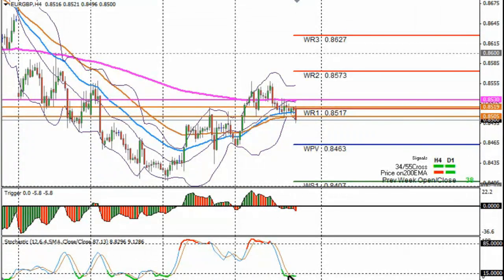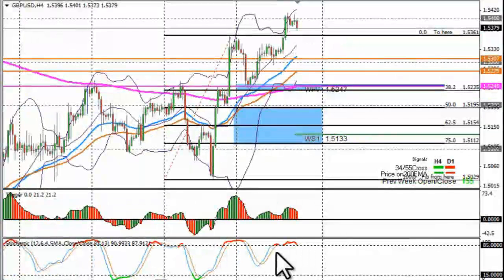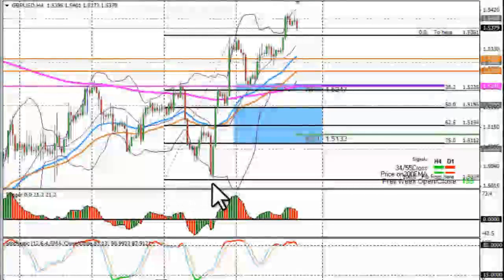However, stochastic is in an oversold area, so we might as well just jump up from here again. So be careful with this pair. It's whipsawing through those EMAs. Then if we look at the pound US dollar, I said to you that we have to flip from the